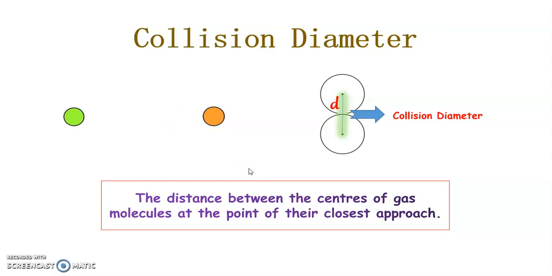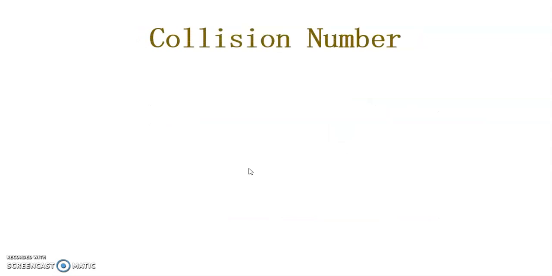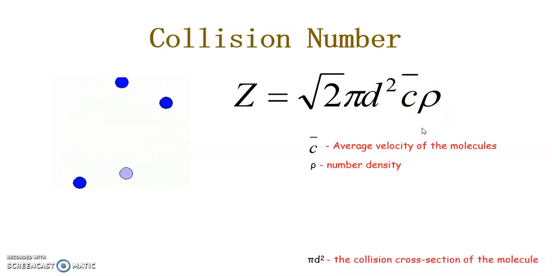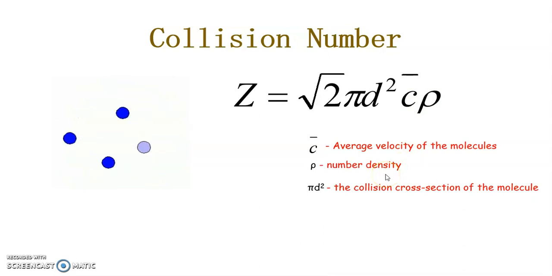Next is the collision number. In a gas, the number of molecules with which a single molecule will collide per unit time is given by the expression Z = root 2 pi d square C bar into rho, where d is the collision diameter, C bar is the average velocity of the molecules, rho is the number density, that is the number of molecules per unit volume of the gas,